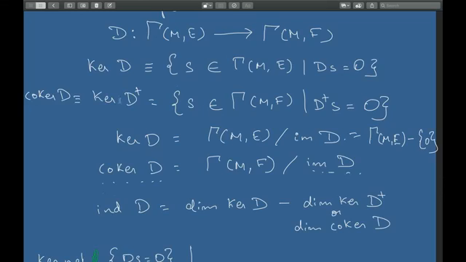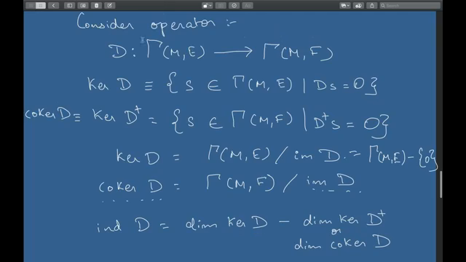Then the co-kernel is defined in such a way that S belongs to T conjugate, that is, S belongs not to this particular space, the starting point, but to the end point, and then you have a mapping, right? So in the sense D star of S is 0, right? There is some sort of inversion or a reversion. These kinds of reversals and inversions are called duals in mathematics. It's pretty tricky to define what a dual is exactly, because different objects and different properties have different duals.